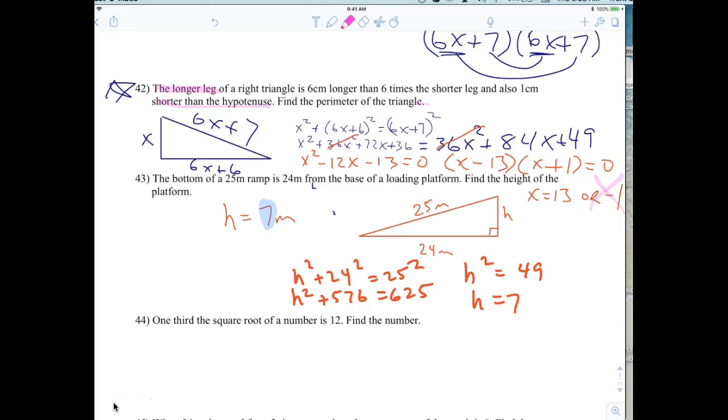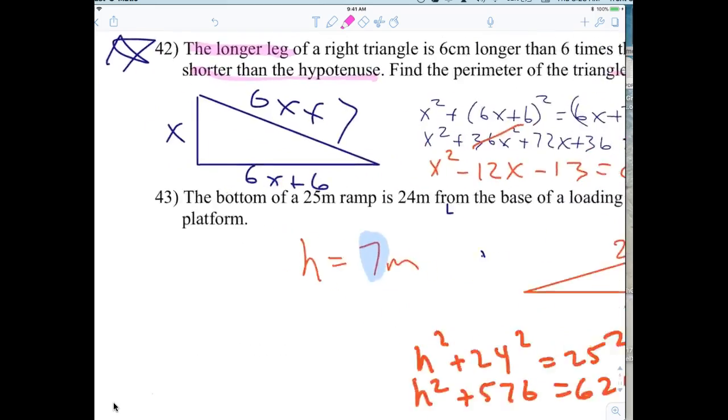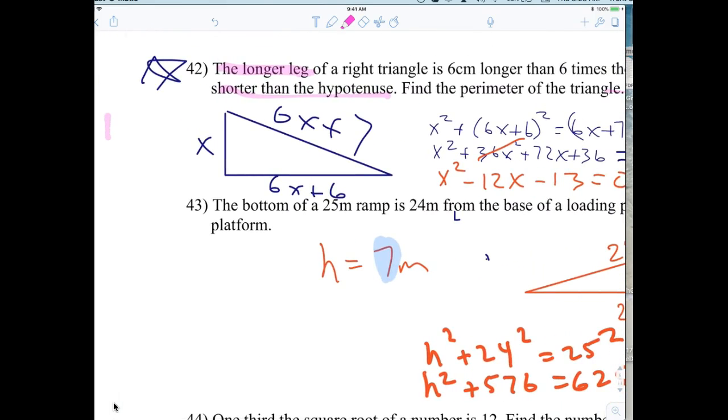So most people put 13 down when they took this standardized test question. It's not 13 because we have to find the perimeter, right? So now you have to plug 13 in. 13 times 6 is 78. 78 plus 6 is